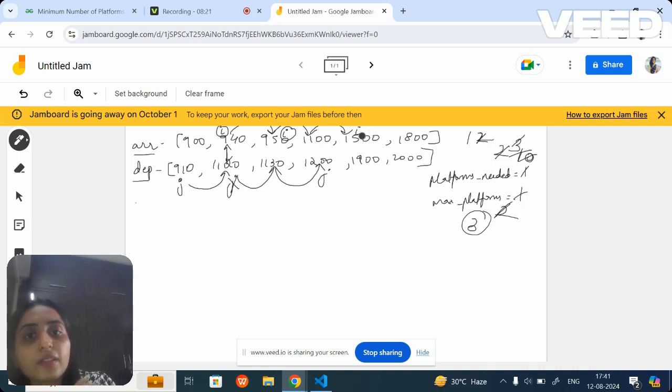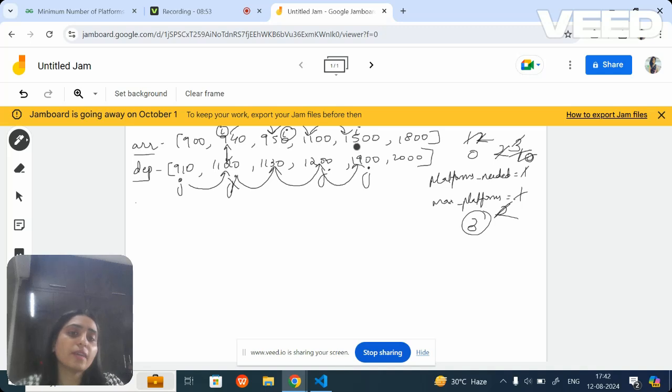Now you will check whether 3 is past 12. Yes. Again, there is no overlap, because if any train is arriving before 12 o'clock, then we will consider it. But if it is arriving after 12 o'clock, that means there will be one platform vacant. That means we don't need any platform. So when we don't need any platform, we put it as 0. What is the maximum of 0 and 3? 3. Again, you come over here, j.